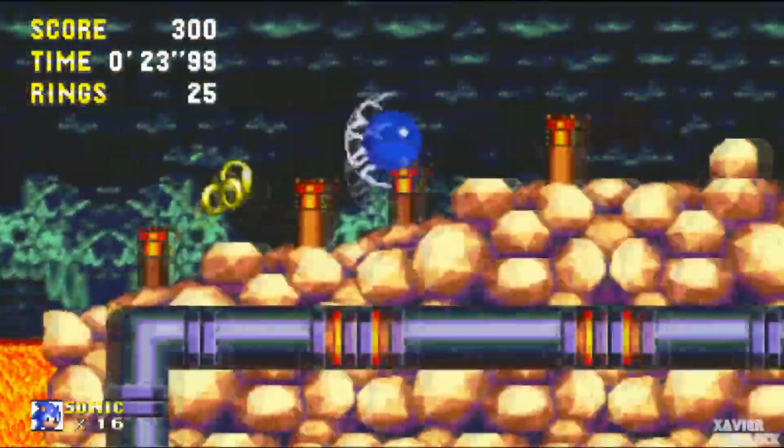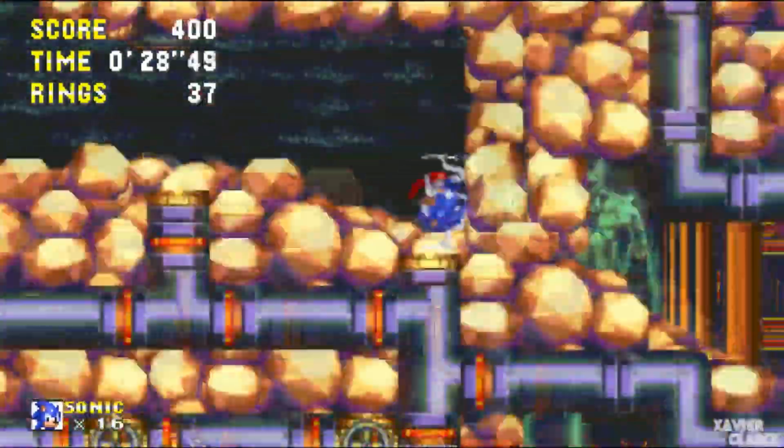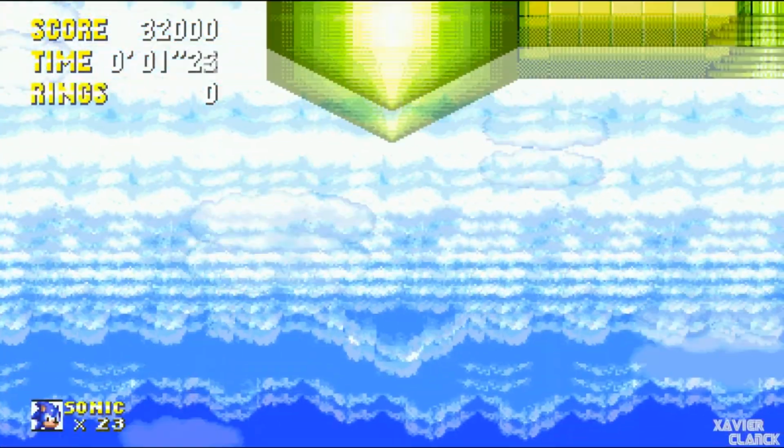It's an okay zone, but the Flame Shield becomes a massive godsend throughout the entirety of Lava Reef. Finally, you get to Hidden Palace Zone, which is just a mini zone where you fight Knuckles and you teleport all the way up to Sky Sanctuary. You end up playing this one act level,